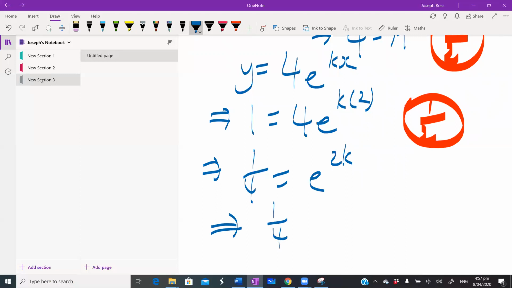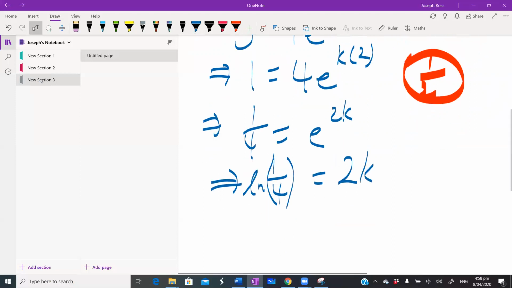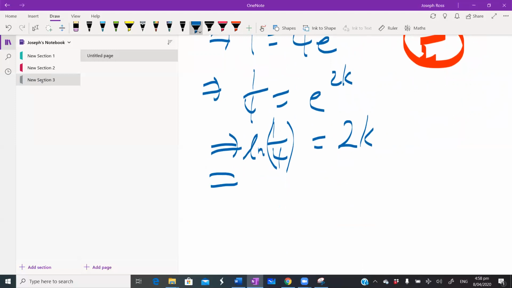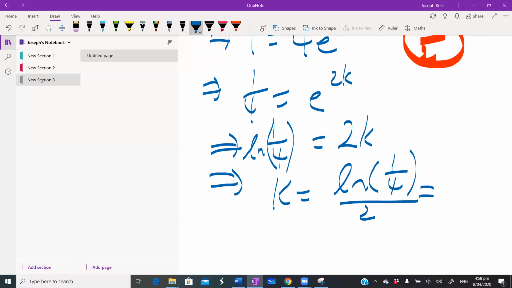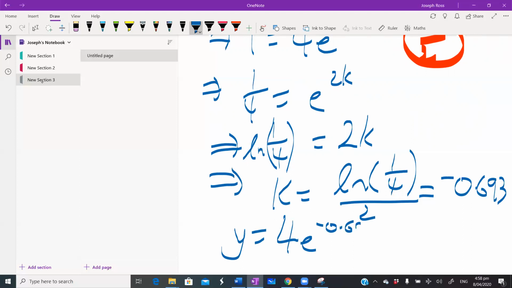To get rid of the e, we need to take ln of both sides. So ln of 1 over 4 equals 2k, and then we need to divide that through by 2. So therefore we get k equals ln of 1 over 4 divided by 2, and that gives us a value of 0.693, and therefore our final equation is y equals 4e to the 0.693x, and that is